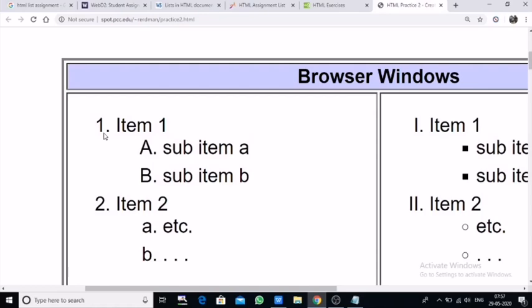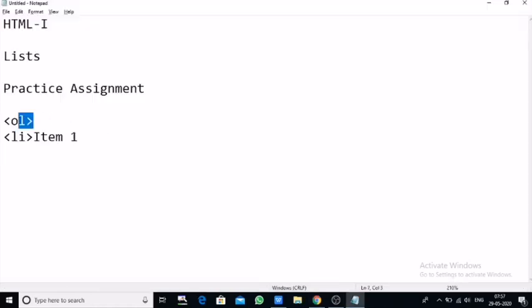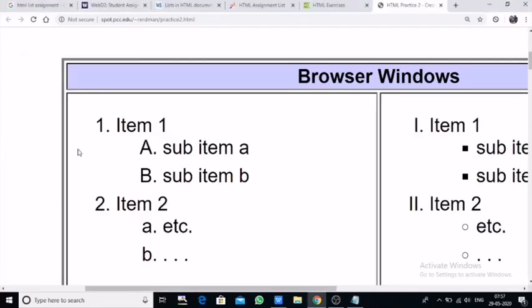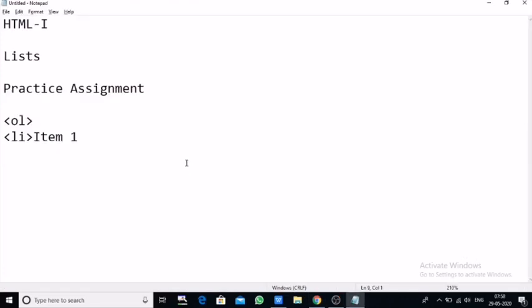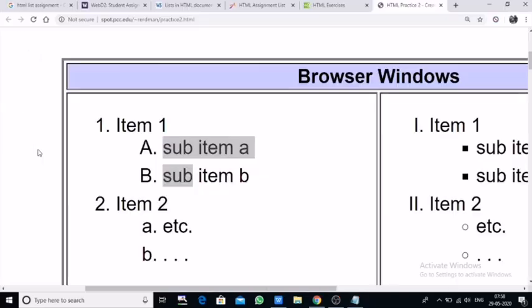So better not to close this OL tag, and start the second OL within this OL only. I am giving one tab space to make it clear that the second OL is within the previous OL.